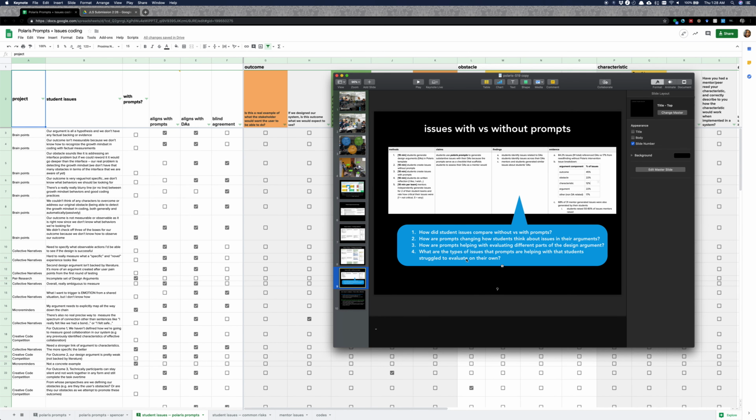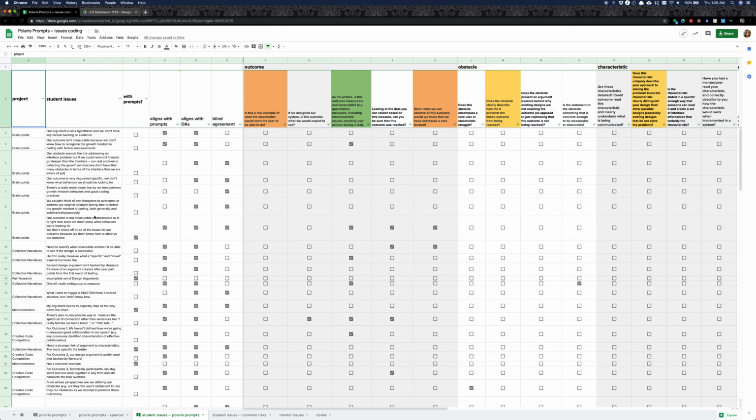If one of our goals was to really understand the difference between the types of issues that students were able to generate without the prompts and then with the prompts using Polaris, one of the tasks I thought would be helpful and important to do in terms of analysis was to look at each of the student issues that they generated and code them based on